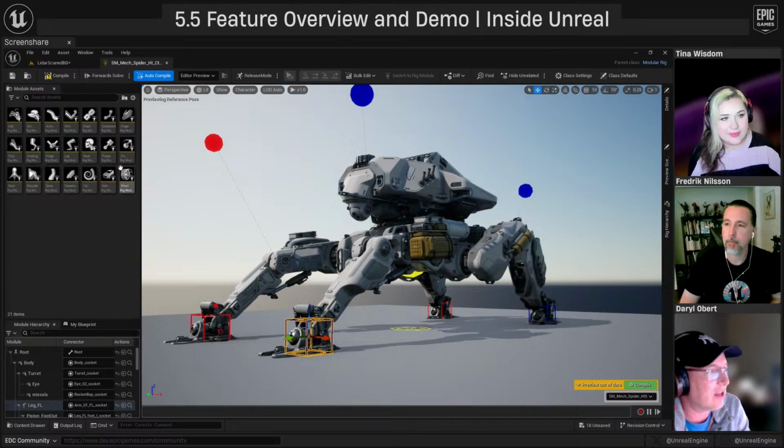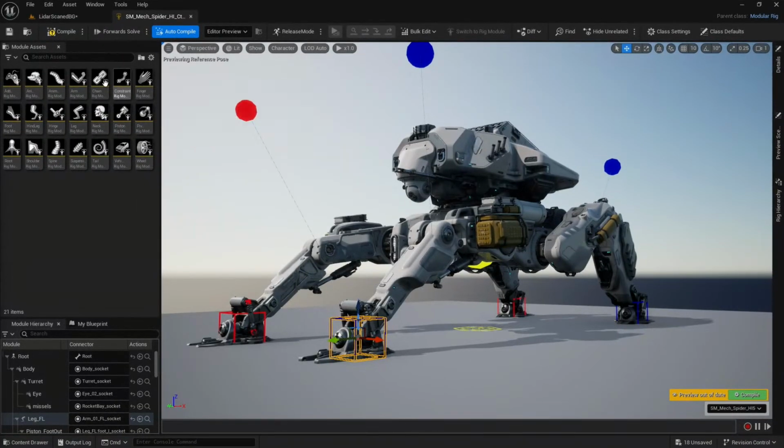It's worth noting that you'll notice on the left-hand side here, there are many more modules. Chase has been working with the team on getting more modules. So there's a lot of things like this rear hind leg module. There are some specific car modules, tail modules. Lots of new modules have been added.